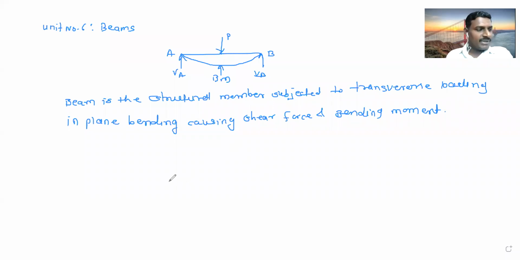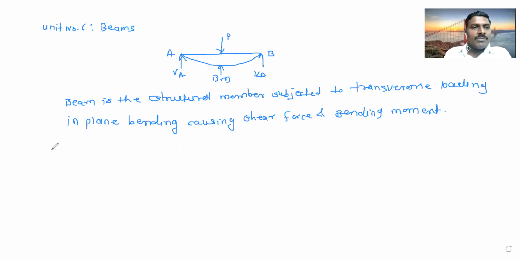So this is the definition of beam. Okay, so now this is the beam. As you got, I have shown the sketch, I have defined the definition. So now this beam, how will it fail if transverse loading is on this particular beam? What are the criteria? What conditions are there for this beam to fail?